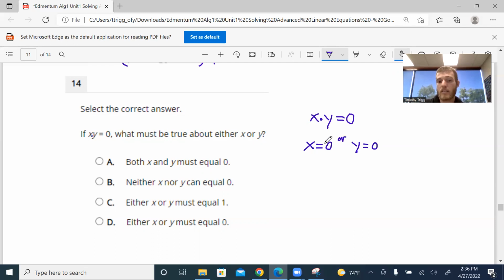Or X has to be 0 or Y is 0. So one of them has to be 0 in this case. If this is true, then this has to be true. Either X or Y must be 0. They could both be 0 also, but